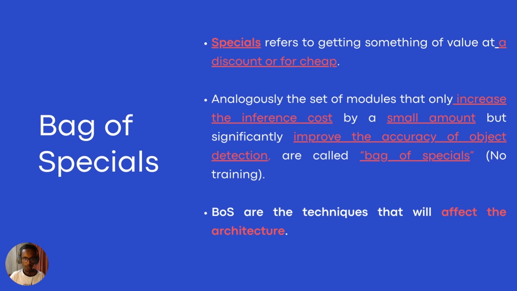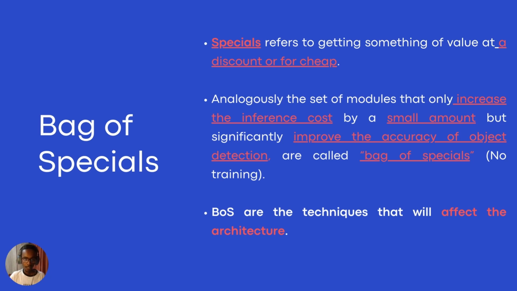And the Bag of Specials increases the inference cost by a small amount, but significantly improves the accuracy of object detection. So Bag of Specials are implemented during the inference stage and not during the training procedure. And they also improve the accuracy of object detection. And when we implement these techniques after the training procedure during inference, there will be a cost associated for the